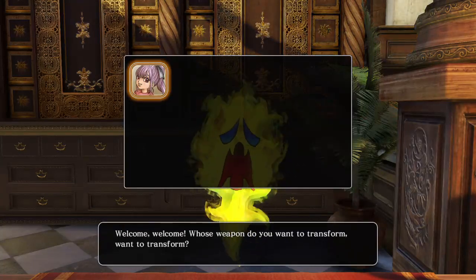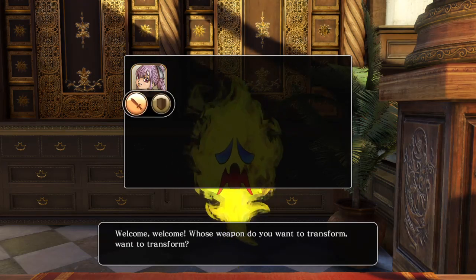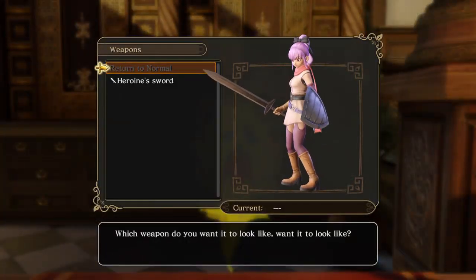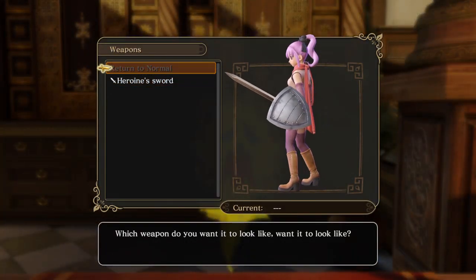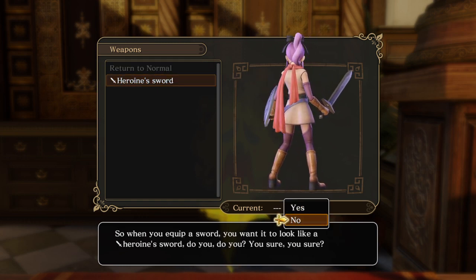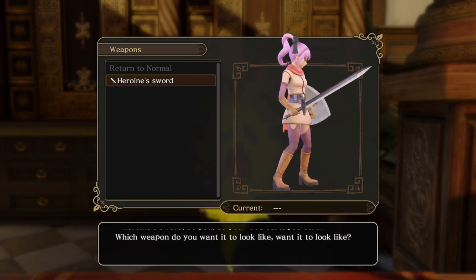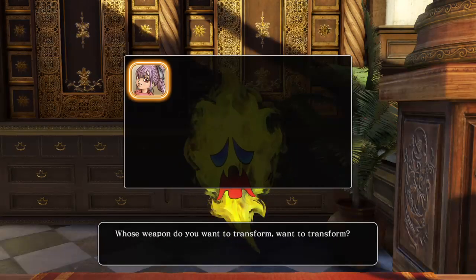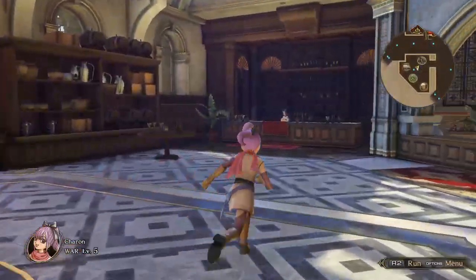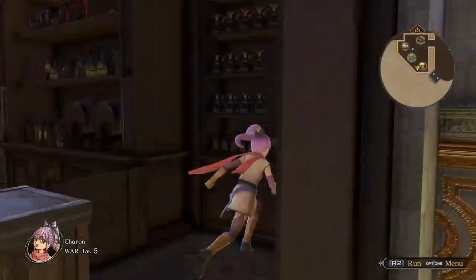Okay, that was really weird. Welcome, welcome. Whose weapon do you want to transform? Which weapon do you want it to look like? So when you equipped a sword, you want it to look like the heroine's sword, do you? No. Okay, so it's just if you have a cool looking sword and you want to... It's so weird. And you want that sword, it's like a weaker sword, but you want to make it...